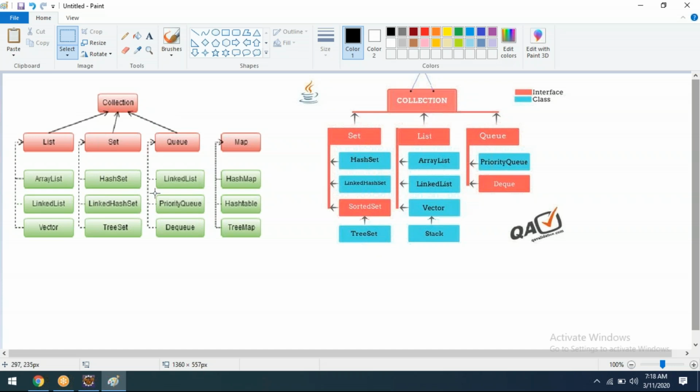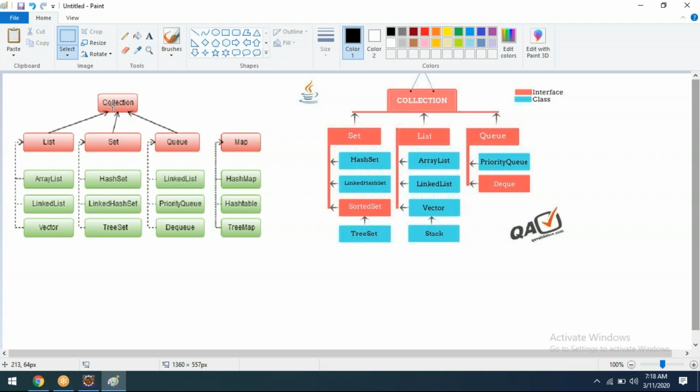Till now, in my career of 9 years of experience, I didn't use queue even a single time. You getting my point, right? We are not supposed to. Most probably list and set only will come, and map also we are using. Clear? Queue is not required to use.